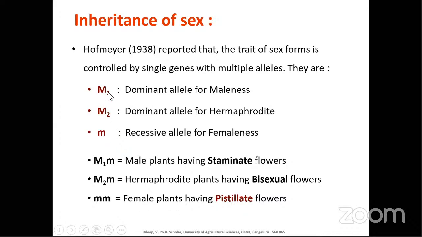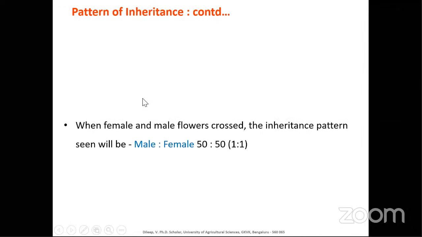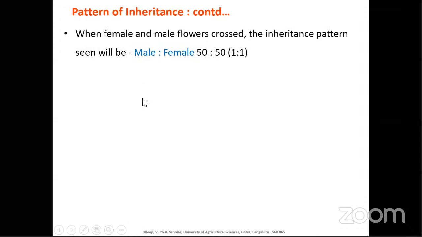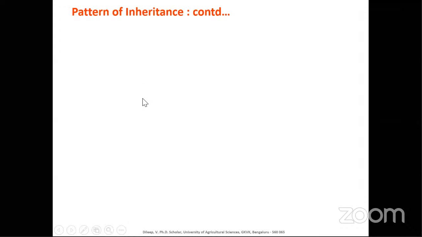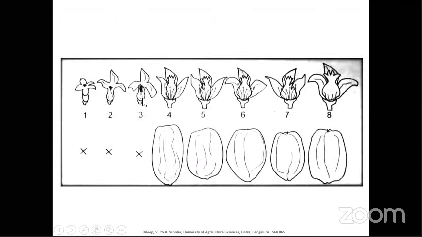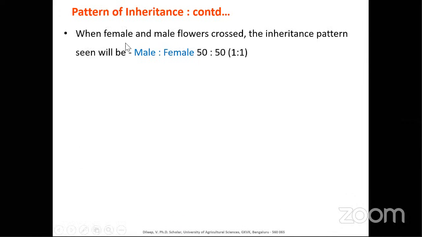Now just remember the alleles and the pattern of inheritance. All these things may not be essential for JRF level, but for SRF and NET level this is very much important, and this is one of the asked questions. Here, across which flower and what is the resultant, that is the inheritance pattern. So when female